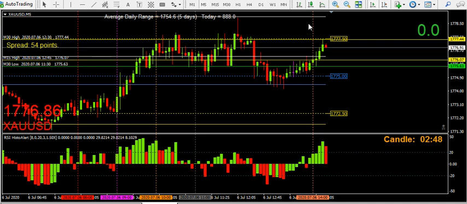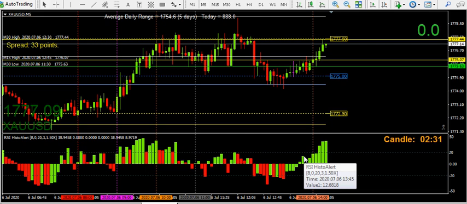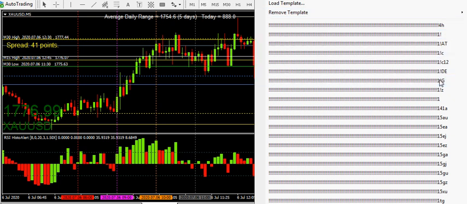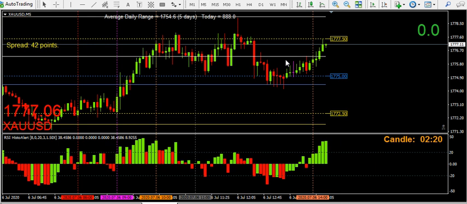So this gold chart, literally I just opened it to see what was going on. First thing I could see was we'd had a break up, what I call a bust up, pull back, and then a break and close through the high of what I call the bust candle. If we clear all these levels off here and just draw some lines on a clean chart for you, excuse me,